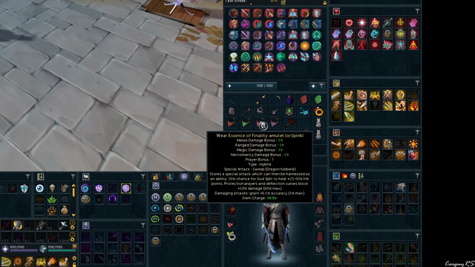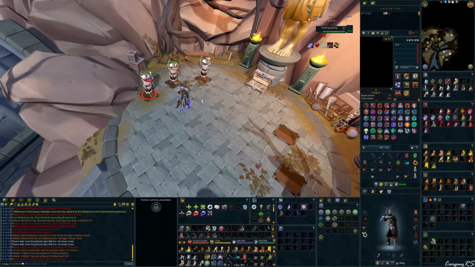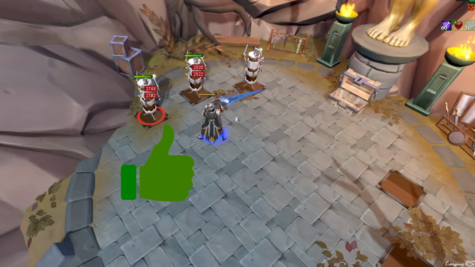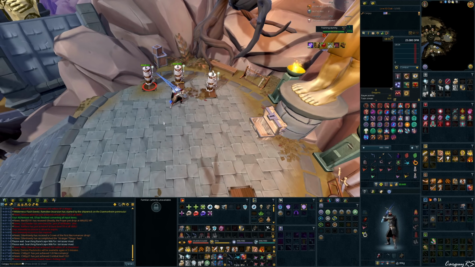Speaking of which, Dragon Halberd is another AoE, and on the main target it'll hit it twice, and I believe on all the secondary targets it'll hit twice as well. In fact, I can just test it here, so I'll go ahead and hit the Hallie spec. And as you can see, it hits both targets twice, so any target that it hits, it will hit twice,